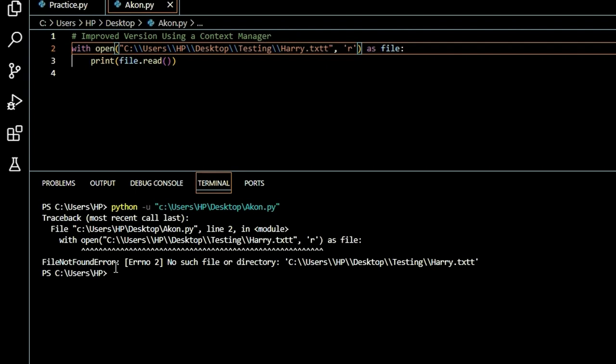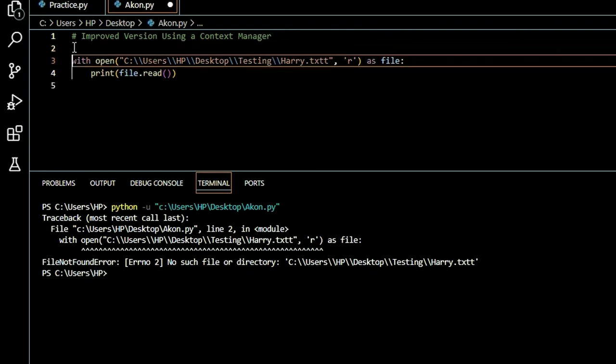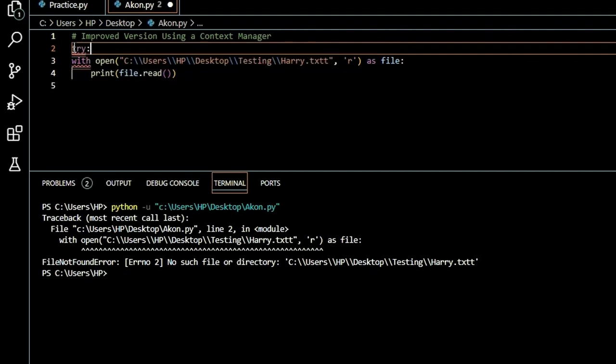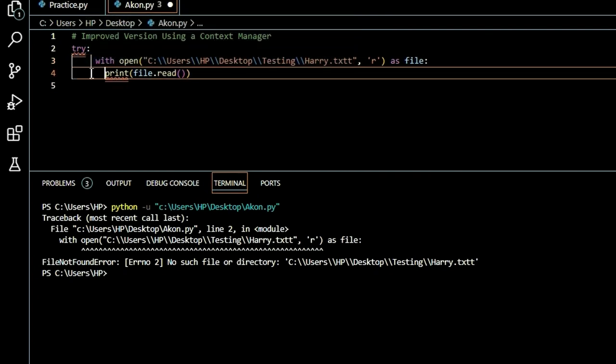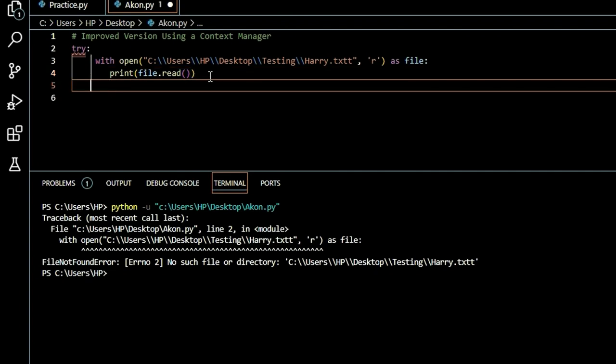To prevent that, you can write a try and except block into the code. Here's how you can do that. You come here to start the code. You start with the try. So this will begin your code. Then you work on your indentation. Let's push this forward. Same with this. Work on your block. Then we include the except